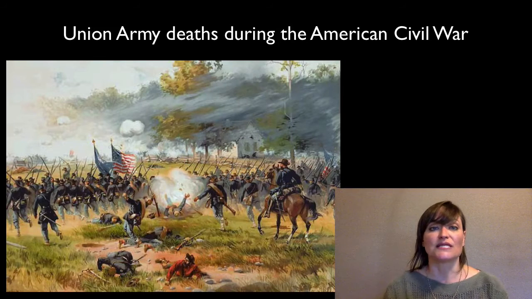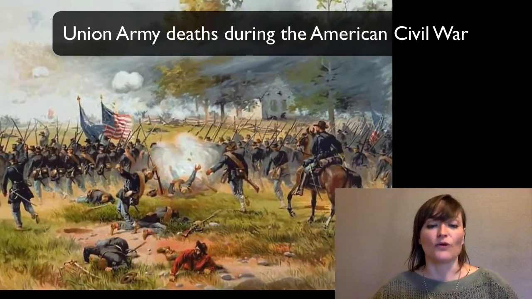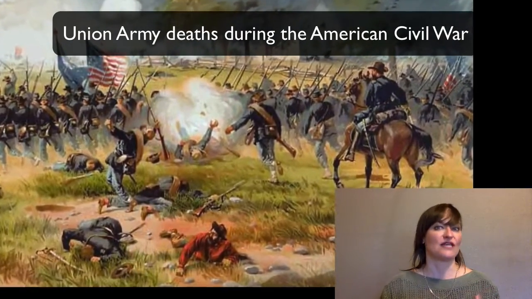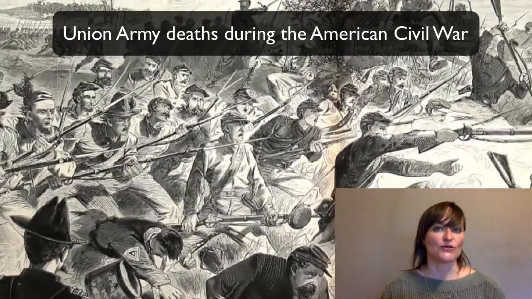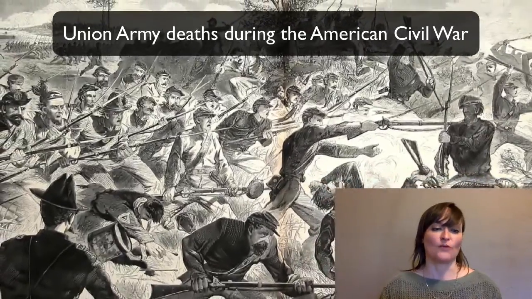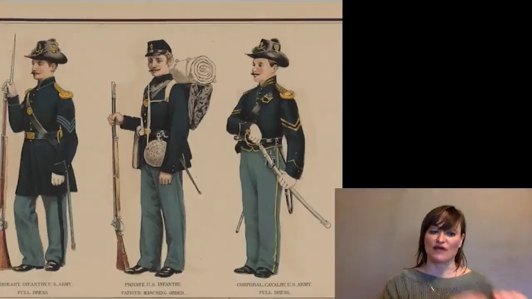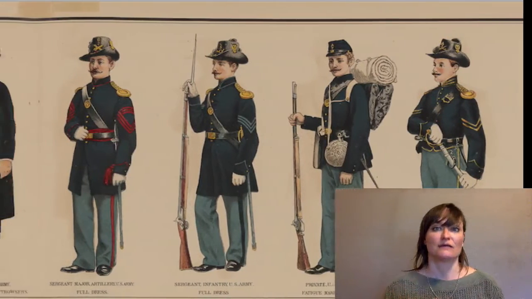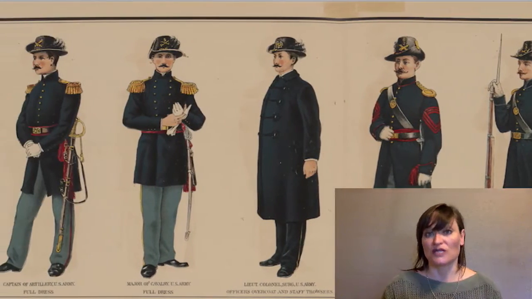The data set we're using this time is the Union Army deaths by rank and duty. It's information drawn from the American Civil War. We're going to have variables that tell us the cause of death, whether they died from illness, from injury, or other. And we're also going to know what rank they were. The rank's going to be divided into whether they were a private, the lowest ranking soldiers, or if they were higher ranking soldiers. And then we're also going to know what their duty assignment was.